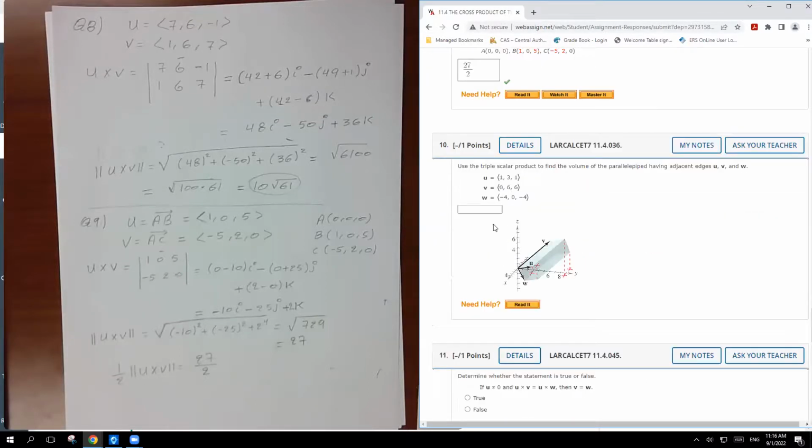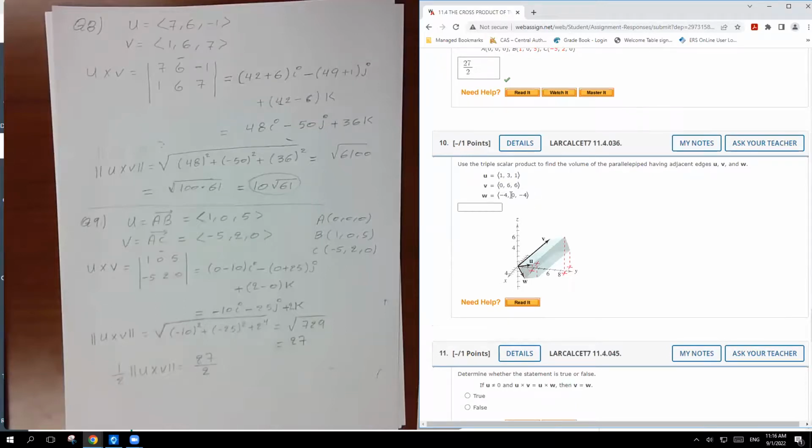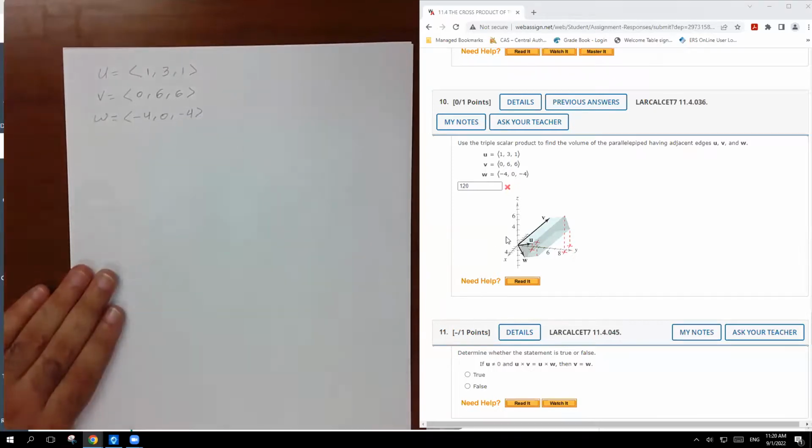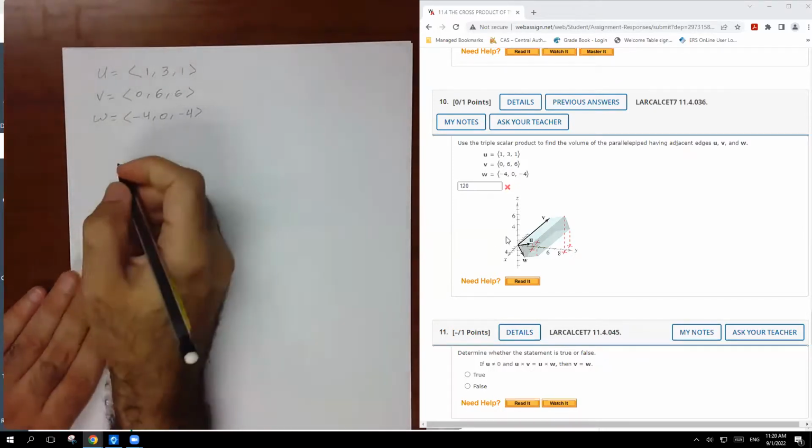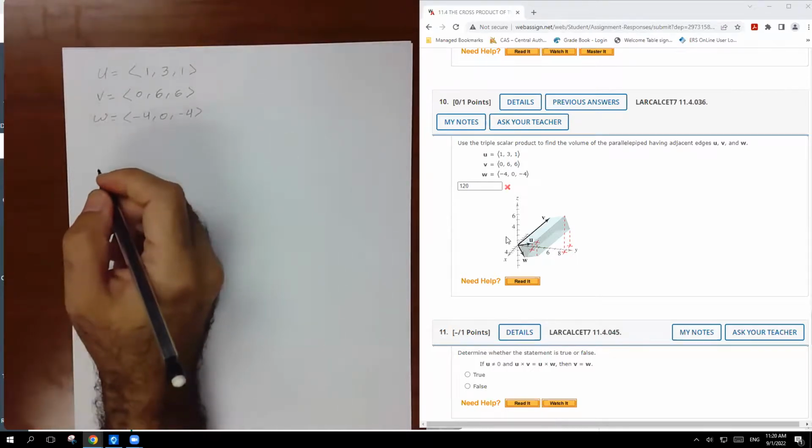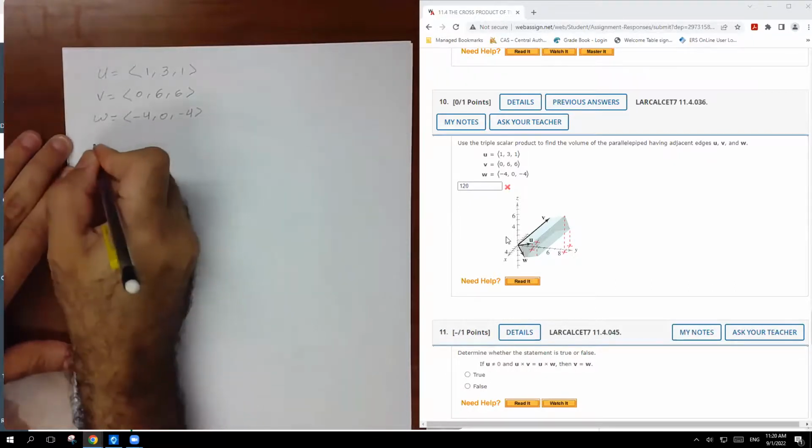The same thing with example 10, but now they're telling you to use the triple scalar product to find the volume. In this case, you see these are vectors, not points. So I'm just going to work on this one. Use the triple scalar product to find the volume. So we're just going to use the scalar multiple product, which is,